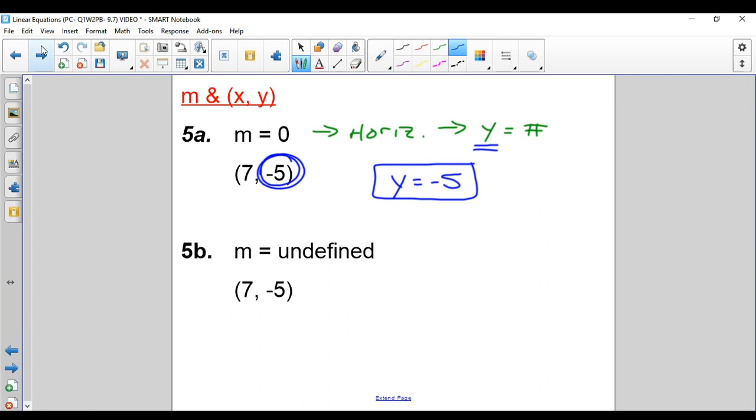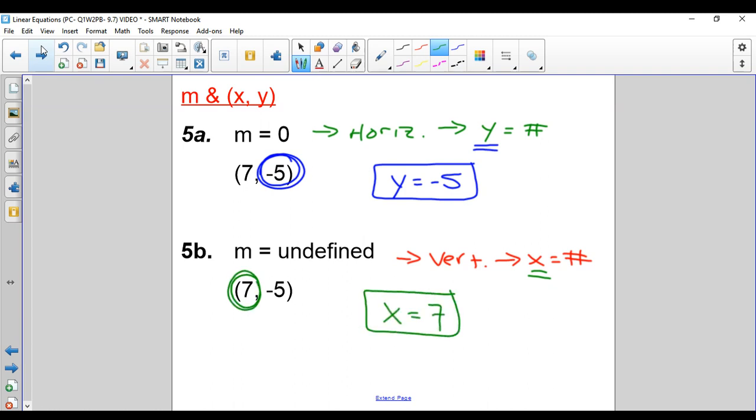Just the opposite here with vertical lines. This is vertical. Vertical lines have an equation of x equals some number. So if all you're worried about is the x, you're just worried about the x here. So it's just x equals 7. And that's the equation. Moving on,